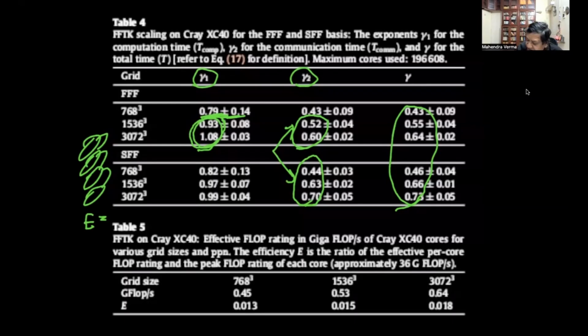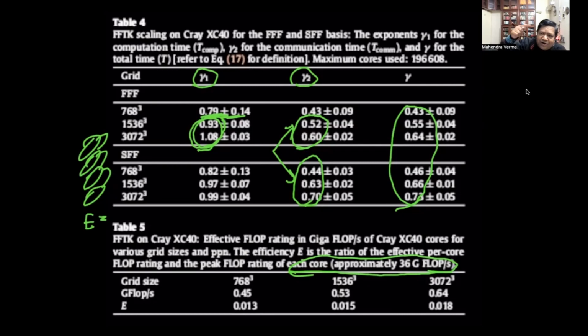Then what we did was we said, well, what is the best possible flop rating for each core? So each core has a flop rating of 36 gigaflop. Okay. This is a Xeon processor, and we can get it from the net. Now we can estimate how many operations are required per FFT. In fact, we know the number. For double precision it is 5n log n. This is reported by the FFTW document. Okay. FFTW we are using at the backbone, and it is 5n log n. So we know how much it takes.